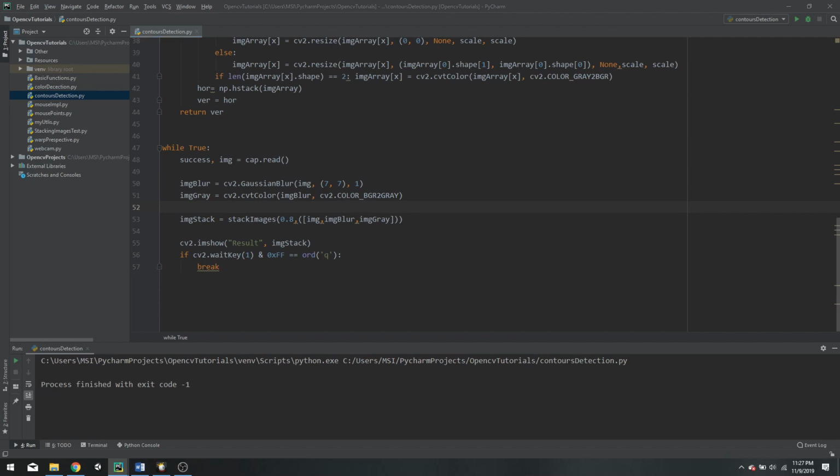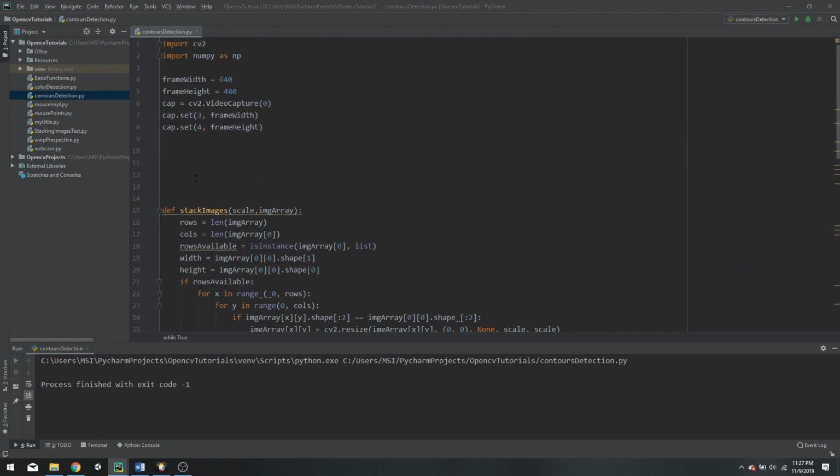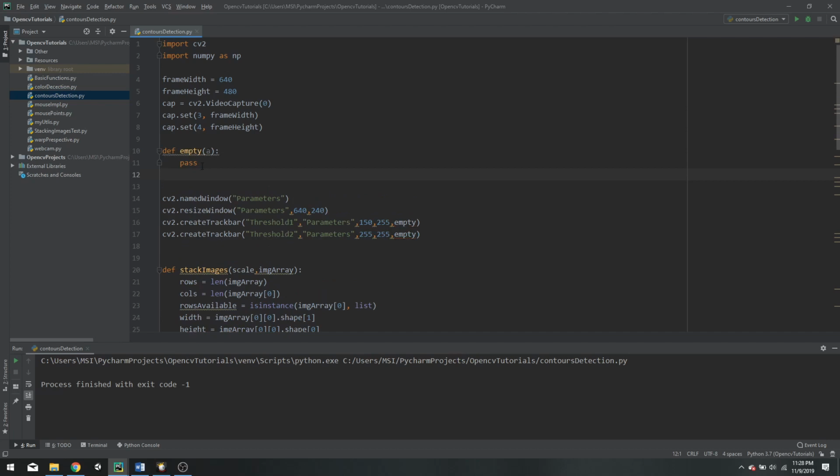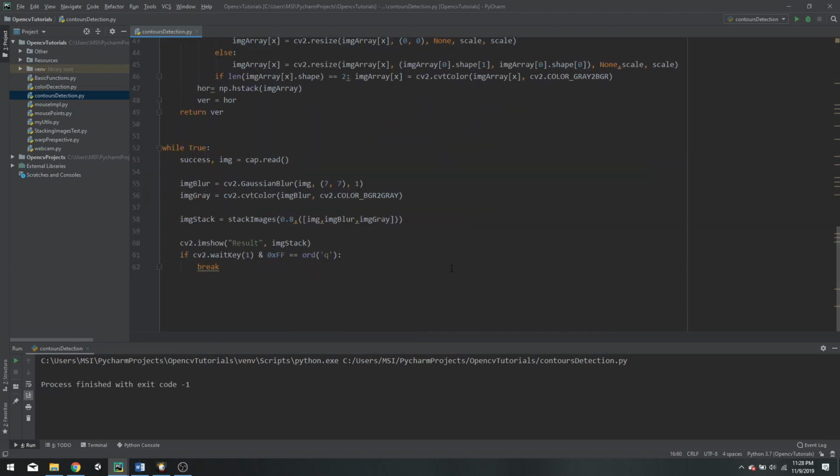So we will need the name of the window, we will resize the window, and then we will introduce our threshold 1 and threshold 2. So here is the name the window parameters, then we have the resizing of the window, and then we are creating the track bar 1 with threshold 1 and track bar 2 with threshold 2. Now this empty is basically the function that will be called whenever there is a change in the value. So we don't want to do anything over there, so we are defining a function empty, and we will just pass it. So now that we have that,